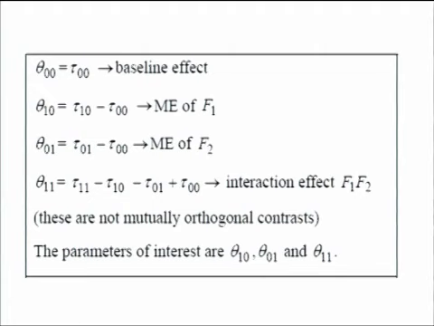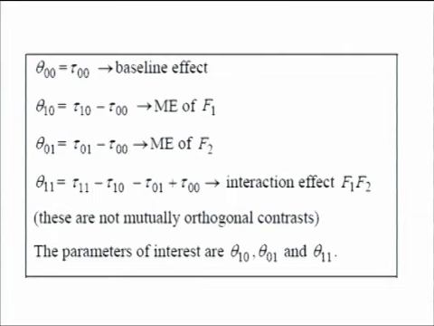So, for each factor 0 is the baseline level. So, tau naught naught is the baseline effect, then tau 1 naught minus tau naught naught is the main effect of the first factor, similarly the main effect of the second factor,